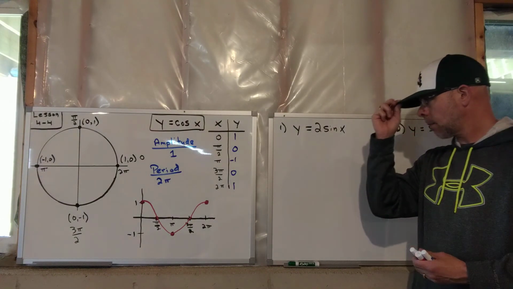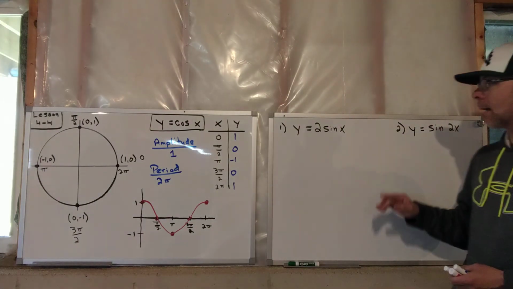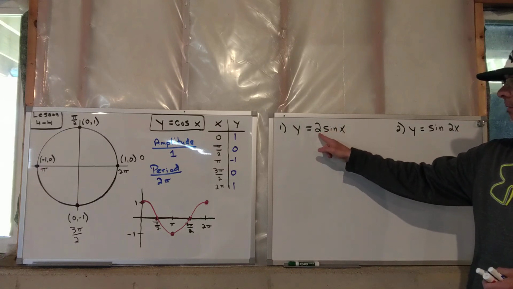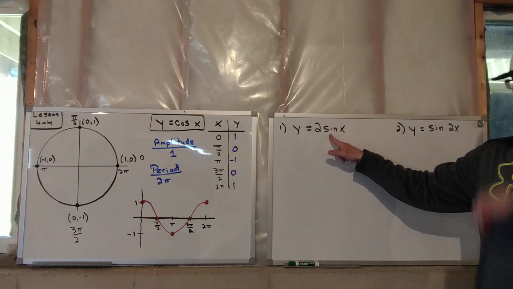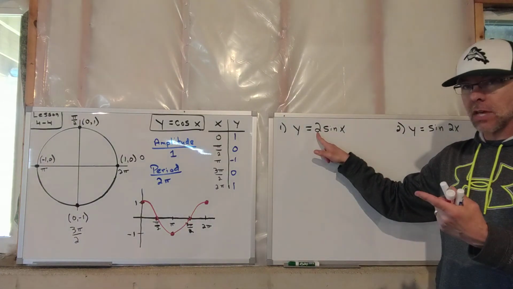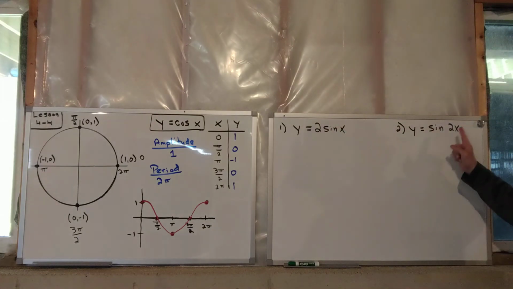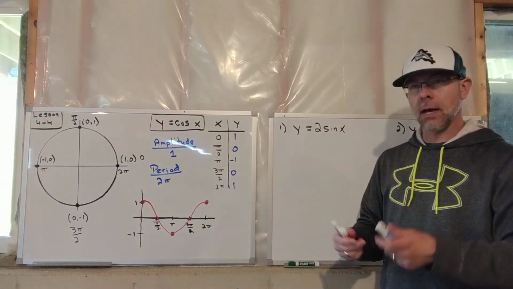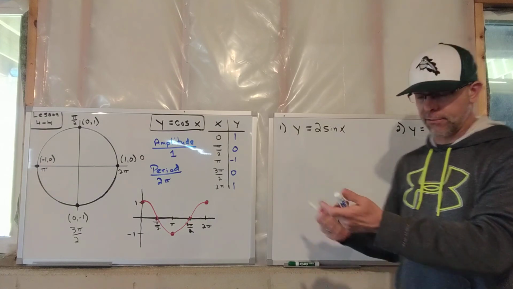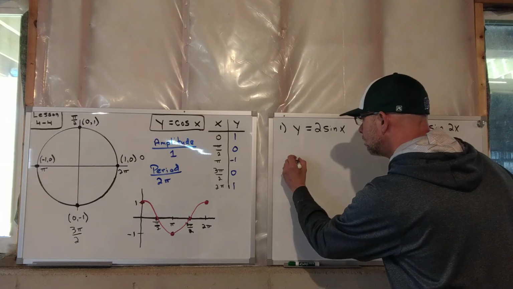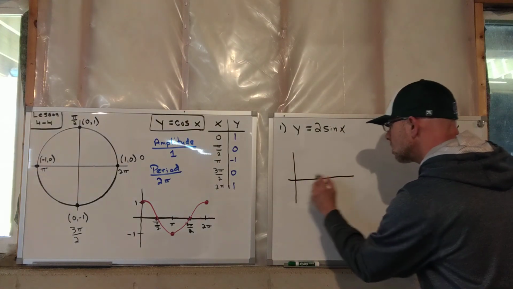So the question on the table here is, what happens if I just chose the number 2 to talk about. What happens if there's a number in front of the sine? I don't care if this is sine or cosine. What happens if there's a number in front of the sine or the cosine, versus what happens if a number gets stuck in front of the x? What does it affect? I'm kind of going to take a chart approach, but at the same time, I'm more going to talk about the chart and just draw the graph and tell you eventually what we're going to need to be doing. So if I was to get ready to graph this,